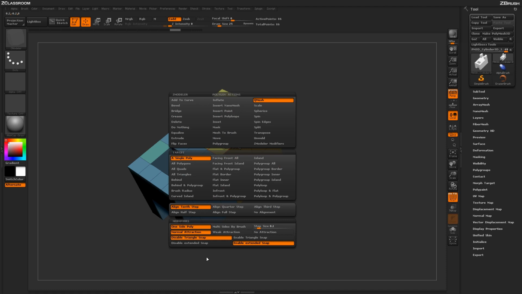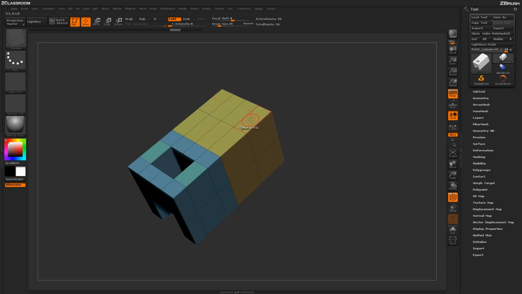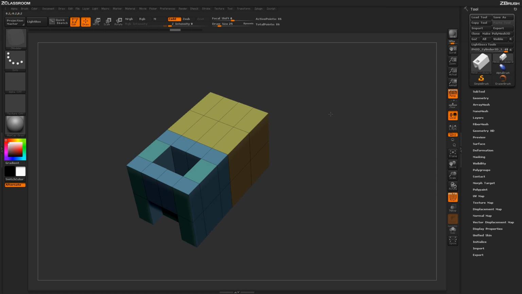Now the Qmesh action has a few more little hidden features. One option the Qmesh brush has is the ability to actually take a face